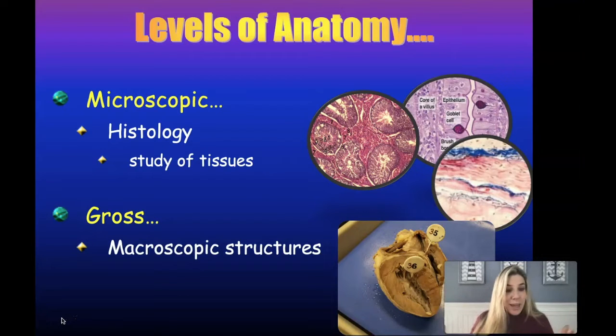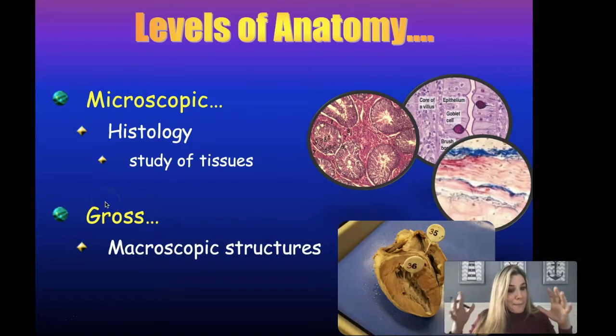And that entails that we have to have two kinds of anatomy, two levels of anatomy. The microscopic level, which entails using a microscope. And again, as I mentioned, that is called histology. That's where we study the actual tissues. So for example, here's a tissue, here's some tissue, here's some tissue. And so anything where you're dealing with the microscopic level is a branch of anatomy and physiology called histology.